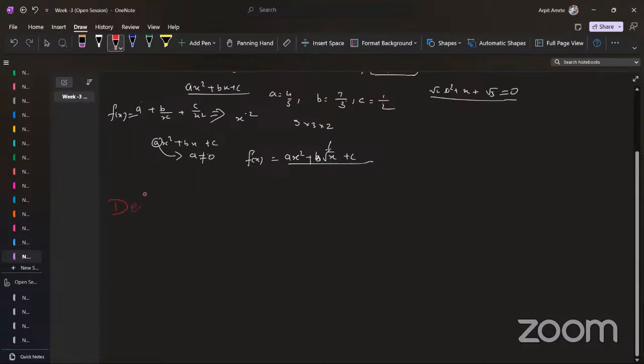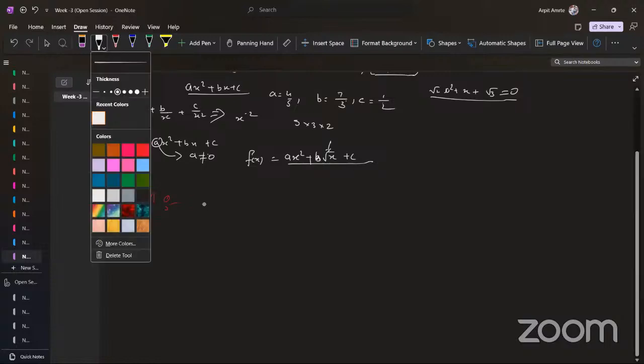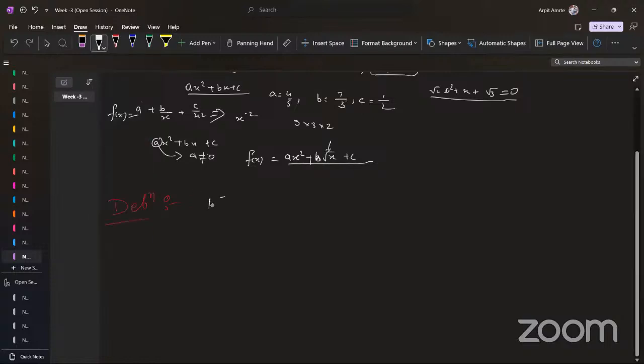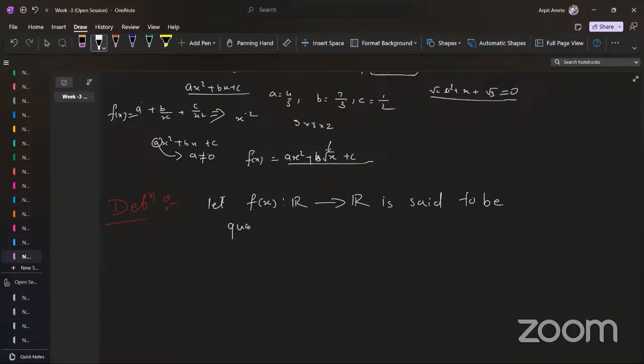So what is the definition basically? The definition is: let f(x) from R to R be said to be a quadratic function